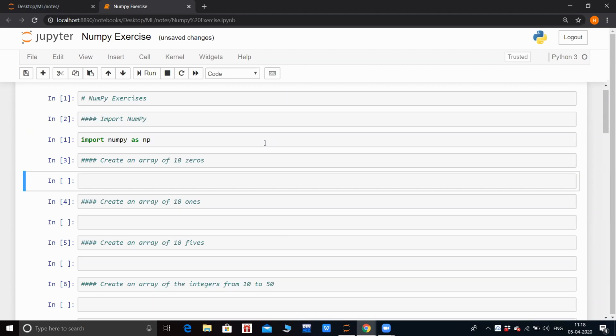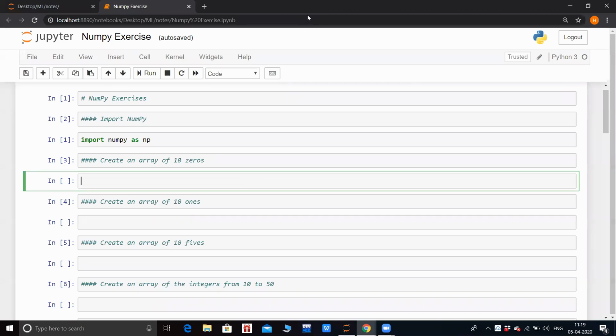Now first create an array of 10 zeros. It's 11:18 here. I'll stop this question at 11:20. It's very easy. np.zeros(10). I don't want you to answer here. I want everyone to try. I will give you the answers later.